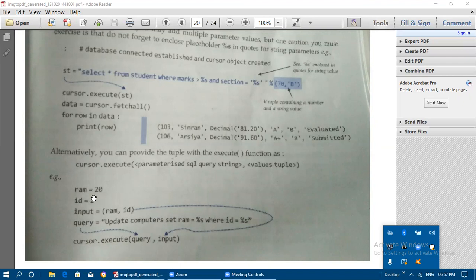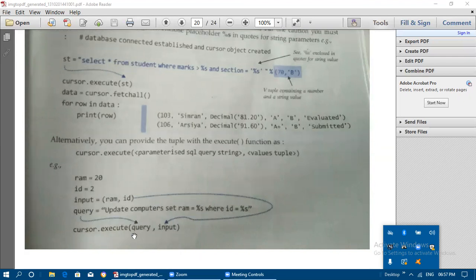ROM and ID are already assigned the values 20 and 2, so instead of 20 and 2 we are just passing ROM and ID. That input we pass like ROM comma ID, and this entire query string is assigned here as a query.